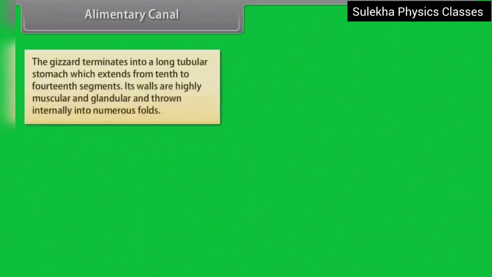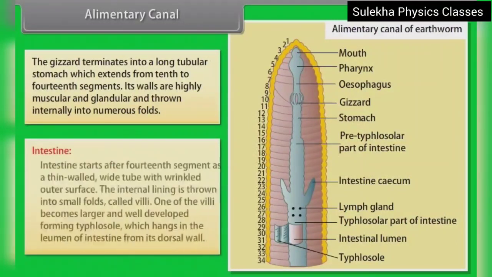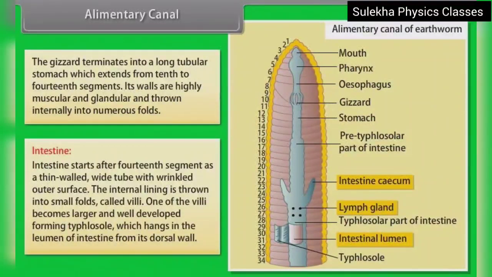Alimentary canal. The gizzard terminates into a long tubular stomach which extends from 10th to 14th segments. Its walls are highly muscular and glandular and thrown internally into numerous folds. Intestine. Intestine starts after 14th segment as a thin-walled white tube with wrinkled outer surface. The internal lining is thrown into small folds called villi. One of the villi becomes larger and well-developed, forming typhlosole, which hangs in the lumen of the intestine from its dorsal